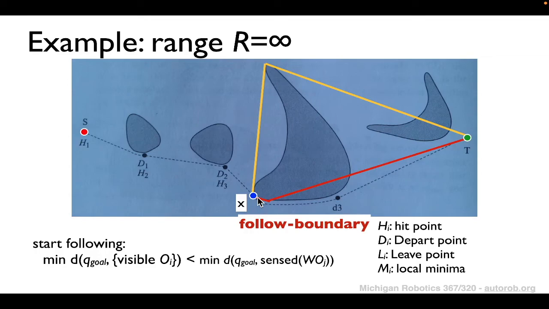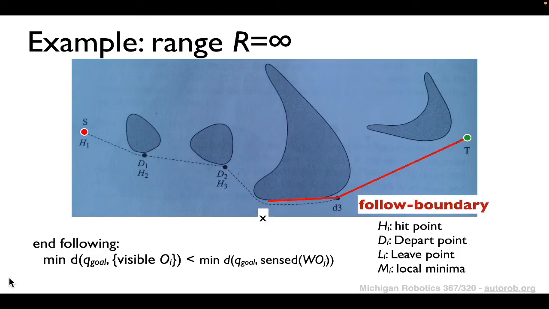At this point, it's going to move tangent to the object in order to take a step. But what that's going to do is increase the heuristic. So at this point, the algorithm would enter the boundary following behavior, and it's going to start following until it reaches some state that either is the goal state, or it'll traverse around the objects, indicating that it can't find a path, so it'll fail, or until the distance reach variable here is less than the distance follow variable here. And so it'll start this boundary following behavior and move along the wall until it